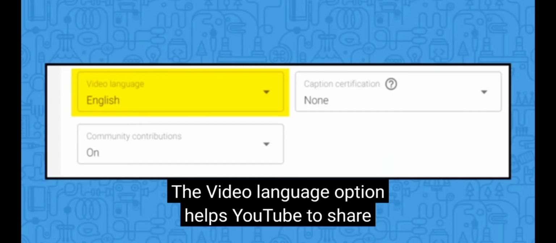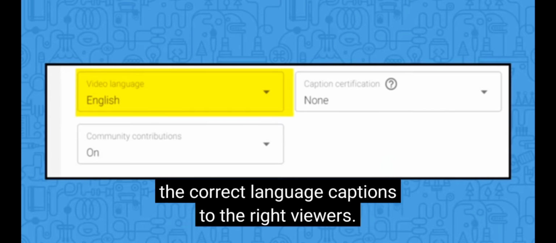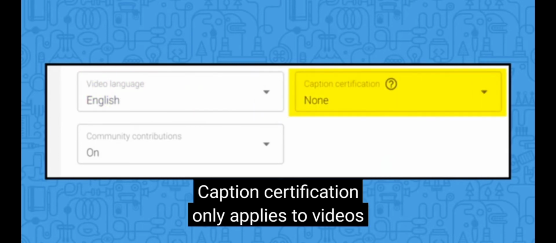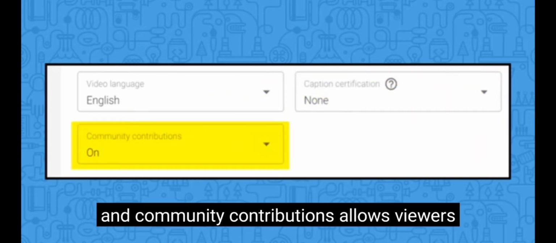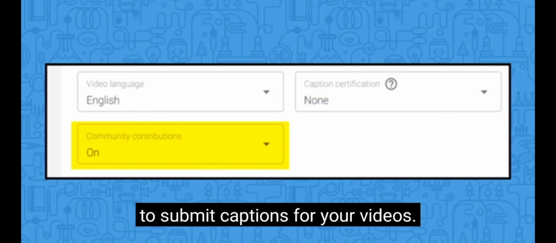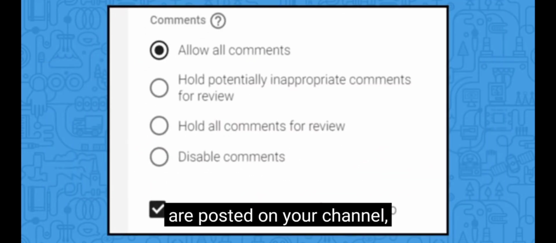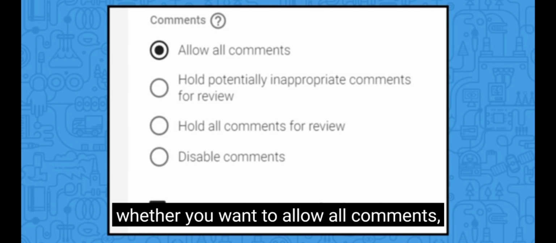Language option helps YouTube to show the correct language captions to your viewers. Caption certification only applies to videos that are being broadcast on US television. And community contributions allows viewers to submit captions for your videos. Finally, you can manage how comments are posted on your channel, whether you want to allow all comments, review each